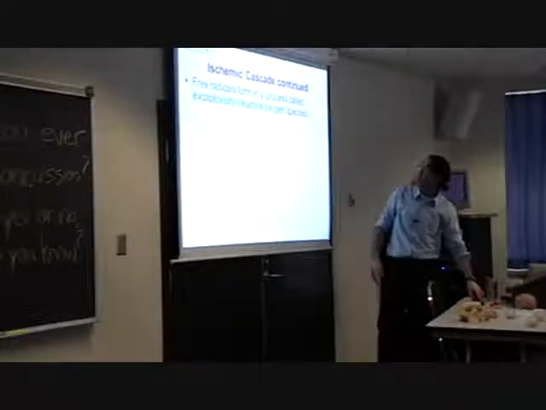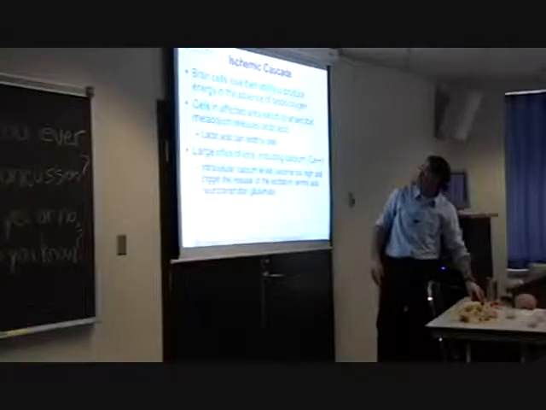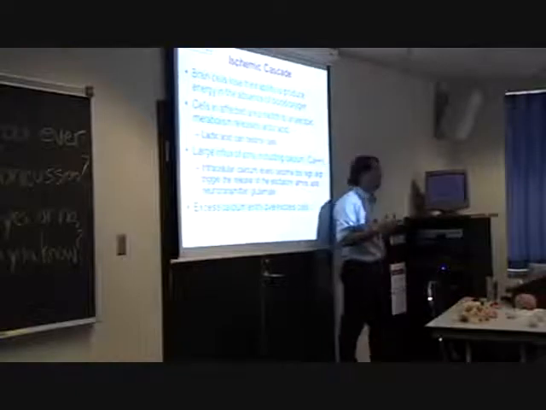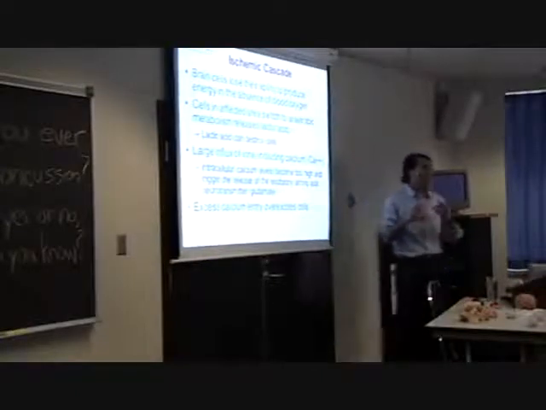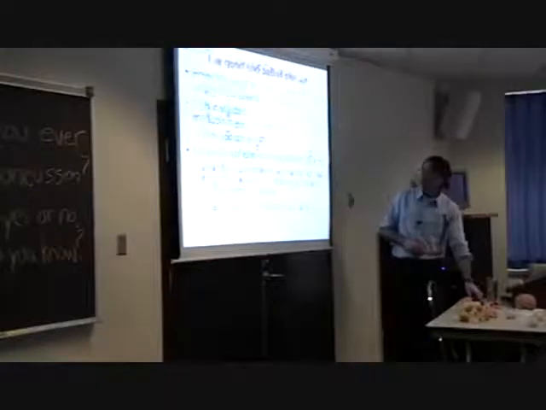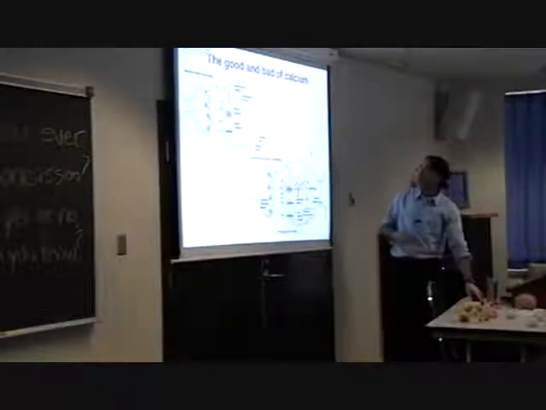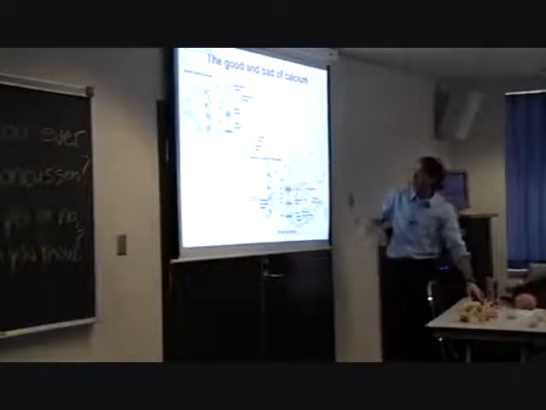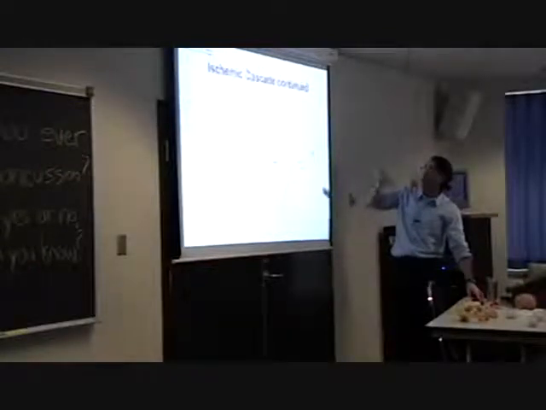When you have this ischemic cascade, I'll just go back up to this. You have lots of excess calcium entering, overexciting the cell, and essentially, when the cells are overexcited, they get destroyed. So that's sort of the good and the bad of the calcium. I'll come back to the bad part of the calcium as we move along, because I think this next one